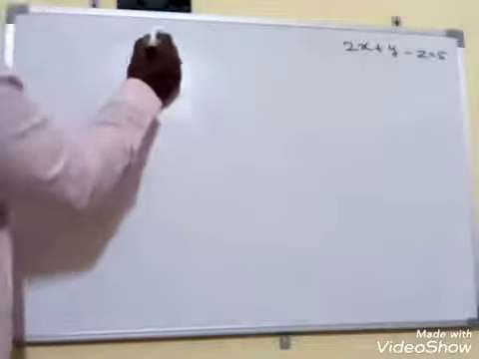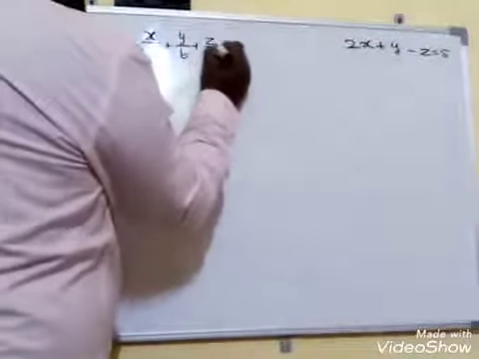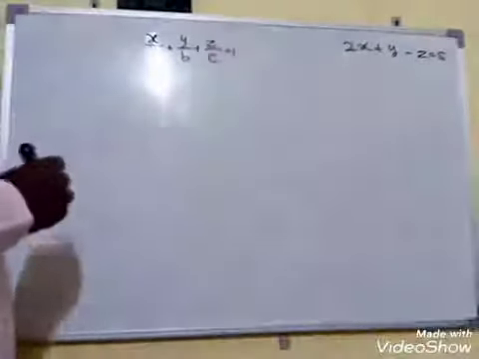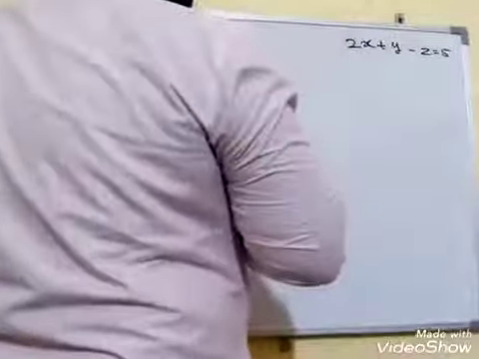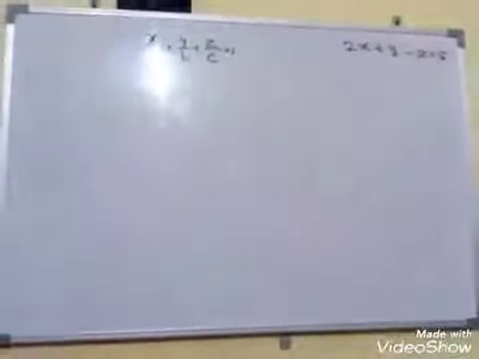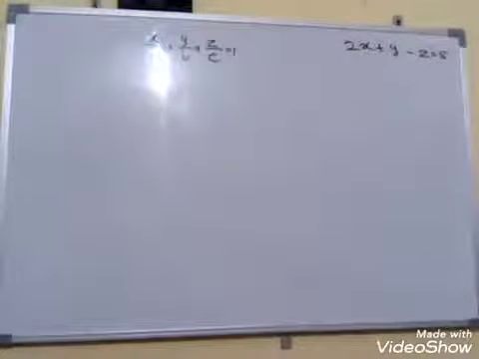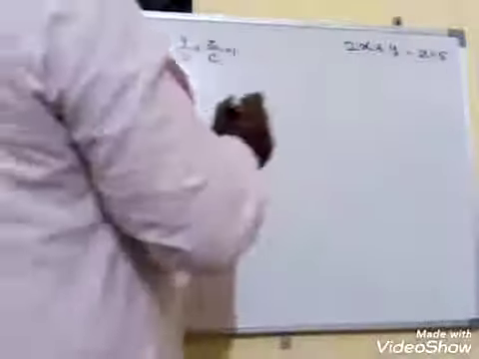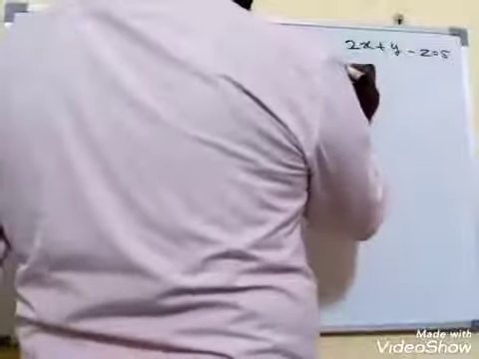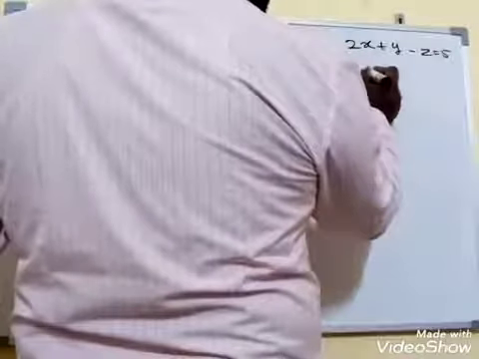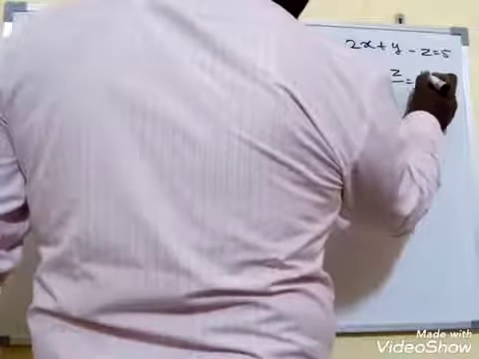We have the equation x by a plus y by b plus z by c is equal to 1. Therefore, we have to reduce that into the same form. Observe there: the right side is 5, but there 1 should be there. That's why you have to divide the equation by 5. Therefore, we are going to get (2x plus y minus z) by 5 is equal to 5 by 5.